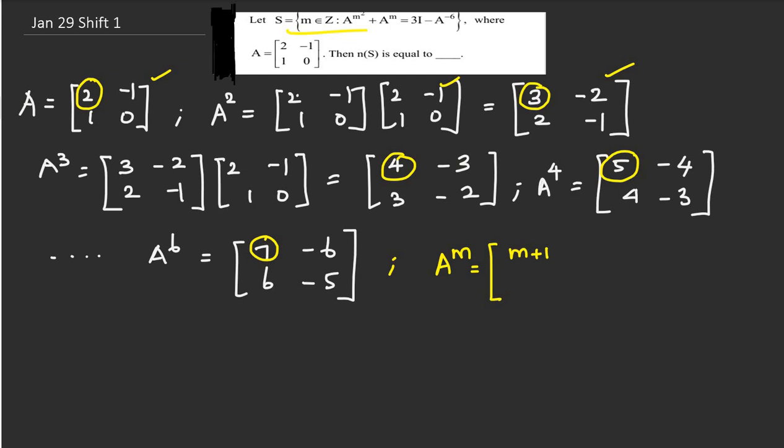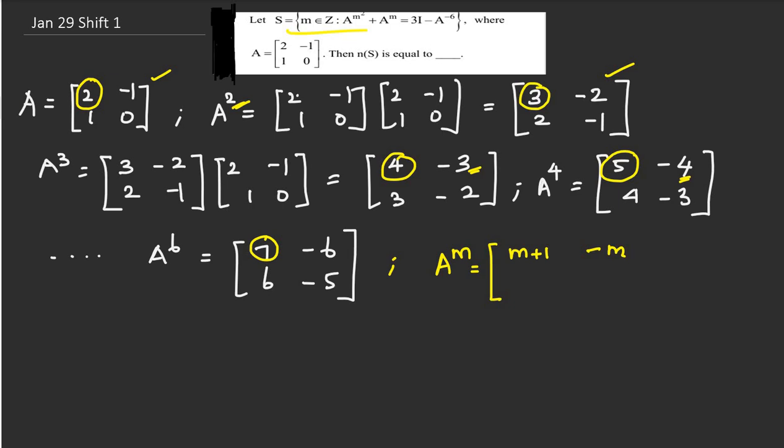This will be a squared. So this a squared, when it is squared, it is 2, minus 2. When it is cube, it is minus 3. A power 4, minus 4. So in general, this a power m will be, this element will be equal to minus